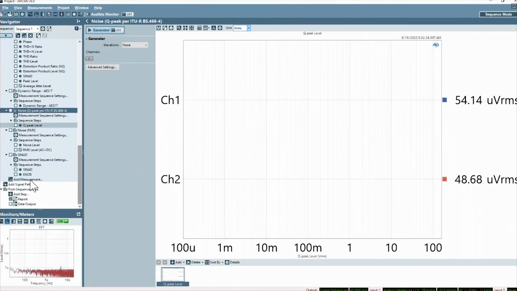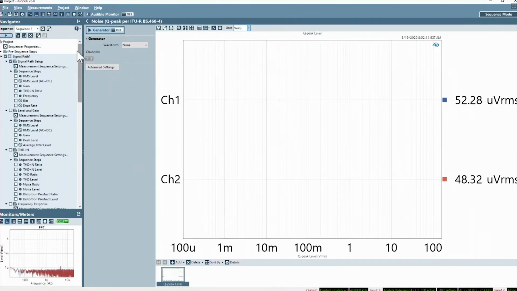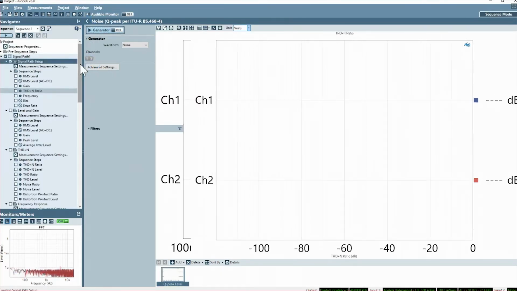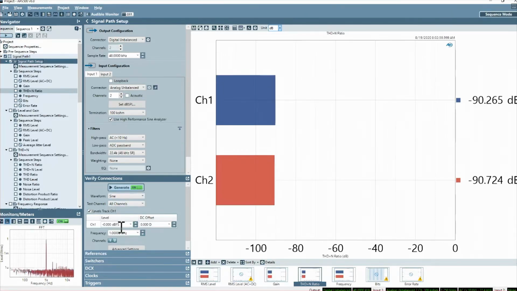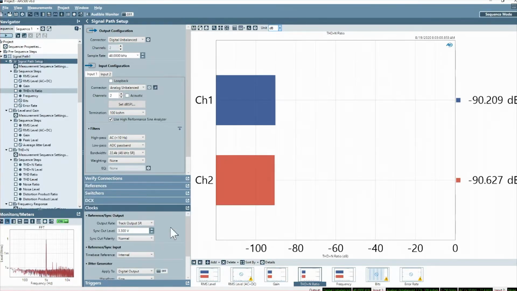So just respecting our time, I think I'll just jump quickly to jitter for a moment. So I'll go back to signal path setup. So let's turn our signal generator on. Okay, so if I go to the clocks configuration,